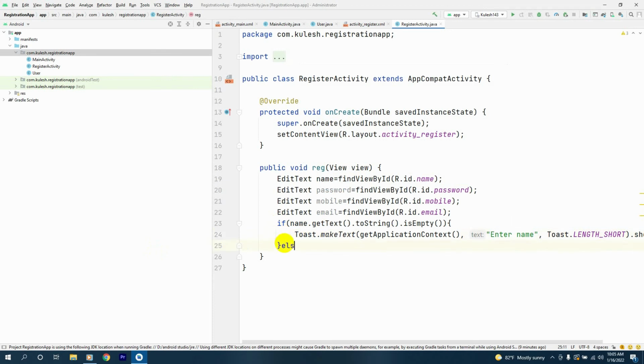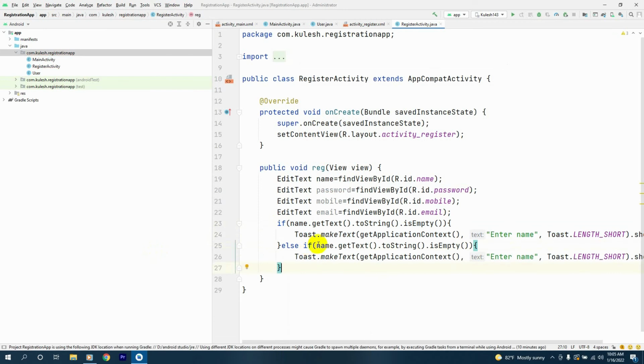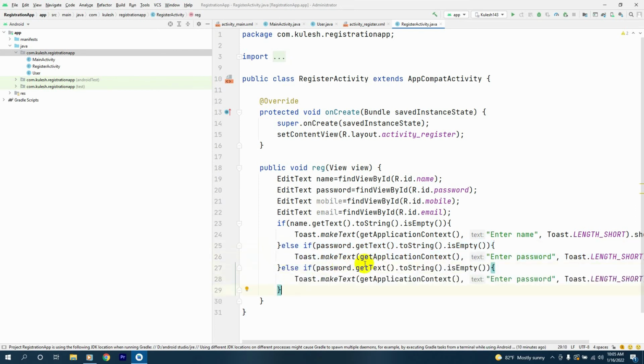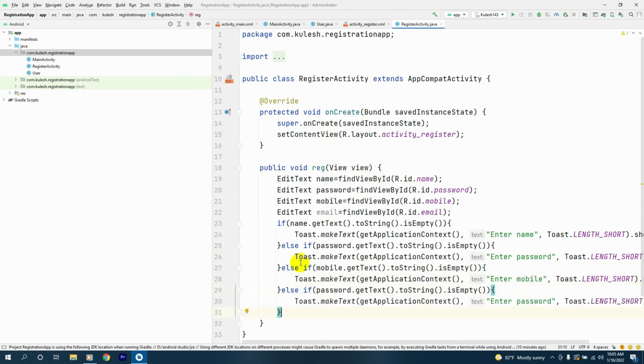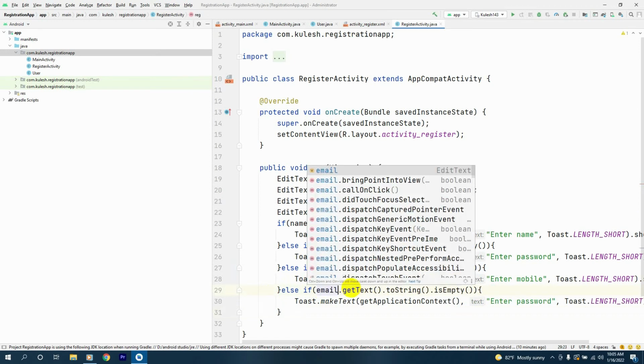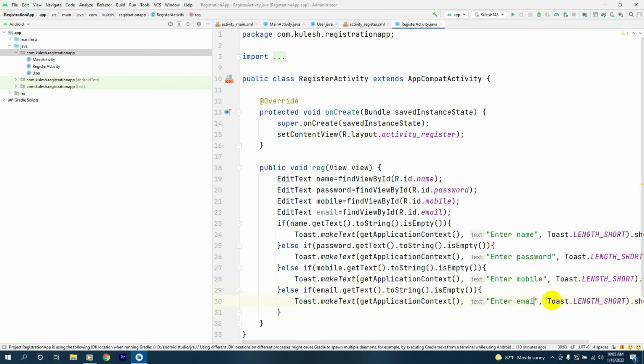And we'll have else if. We'll copy this here from here and paste it here, and we'll change this to password, and we'll say enter password, and we'll have another else if for the mobile, and we say enter mobile, and we'll have another else if for the email. We say enter email like this,